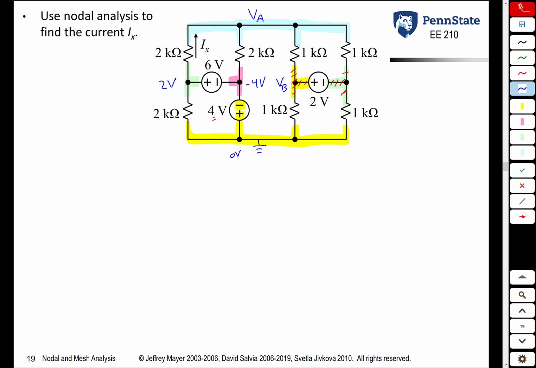Likewise, the green node with the red slashes, its voltage is 2 volts lower than the yellow node with the red slashes, but we still don't know what it is, so we need to give it a variable, VC. So because we don't know the voltage at VB and VC, that means we need to write KCL equations. But let's see what happens when we try to write a KCL equation. Let's start with a KCL equation at node VA. So basically we're saying that this current plus that current plus that current plus that current has to sum to 0. So KCL at VA,